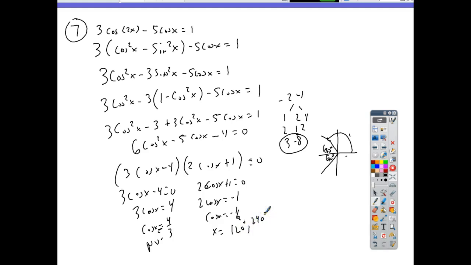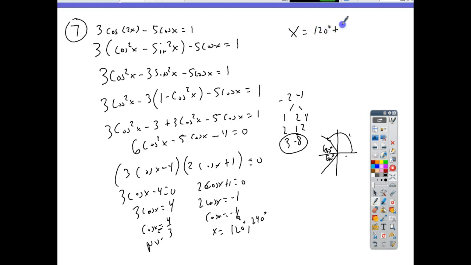Okay. Now pausing there. Read the instructions again. It said all real values of x. All real values. That means all of them. So we got to keep adding 360s, right? Because it works for every single one for the rest of eternity. How am I going to write that? You put n. There you go. X equals 120 degrees plus,